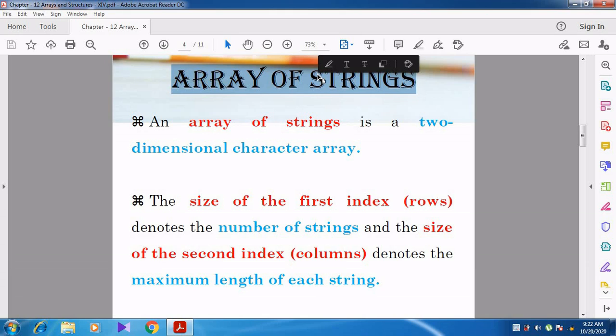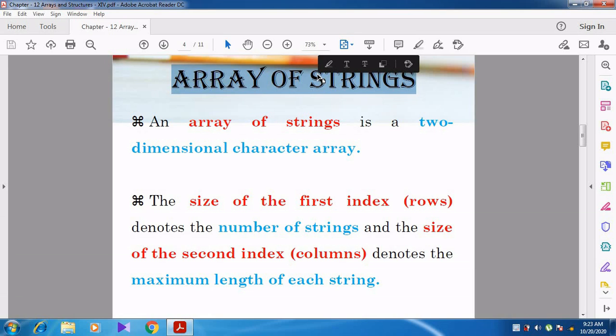How can we store more than one string? A single string can be stored in a one-dimensional character array. If I want to store more than one string, then I have to go for a two-dimensional array. Can you understand, students?